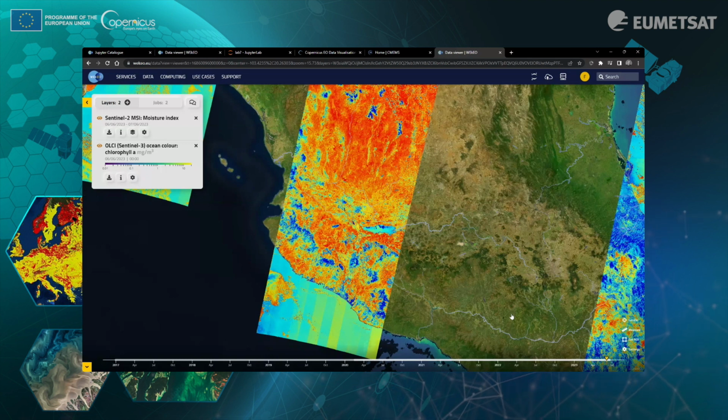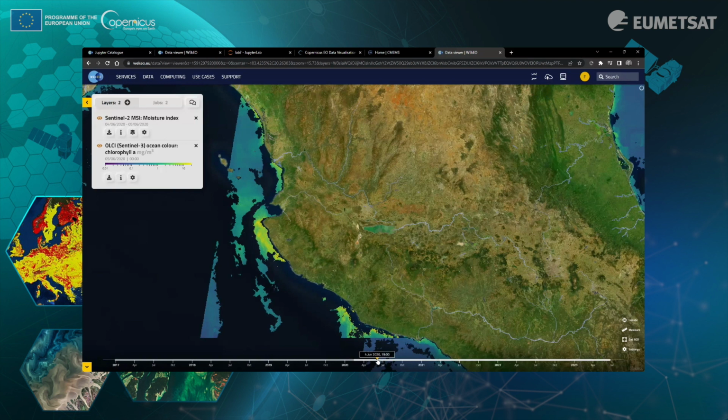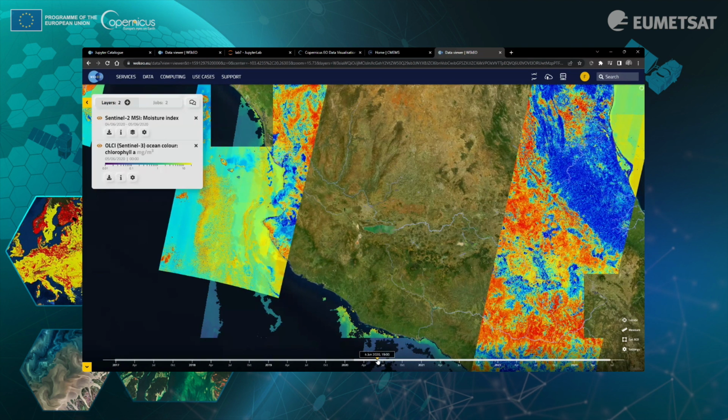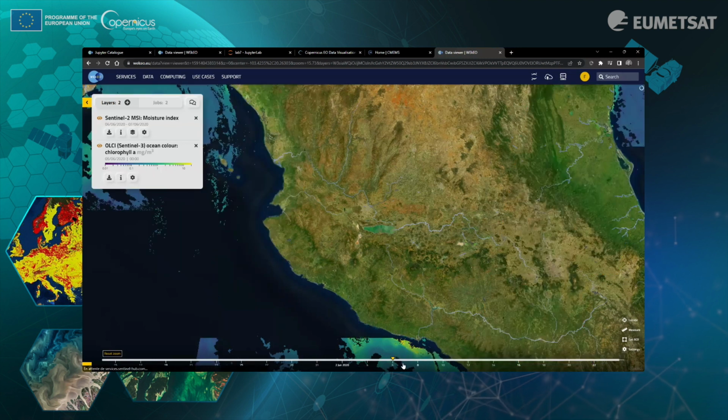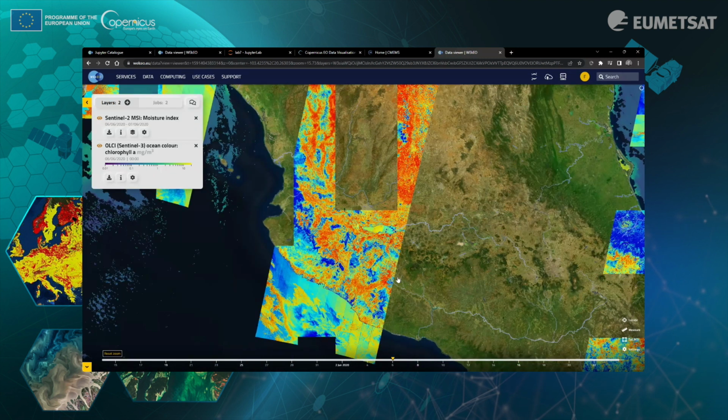Let's try to compare with another date in the past. So for example, in 2020, at the same date, so the 6th of June, okay, May, June, I can play with the timeline here. Okay, 7 and 4. I can have the 6. It will be better if I can compare. Okay, I have this image.